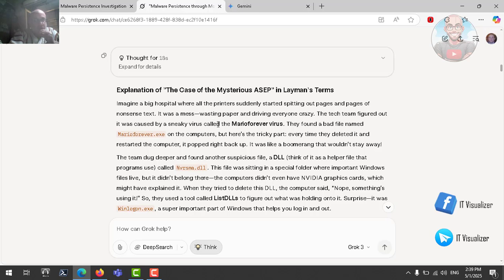The tech team figured out it was caused by a sneaky virus called the Mario Ever virus. They found a bad file named MarioEver.exe on the computers, but here is the tricky part. Every time they deleted it and restarted the computer, it popped back up. It was like a boomerang that wouldn't stay away. The team dug deeper and found another suspicious file, a DLL file. Think of it as a helper file that programs use, called